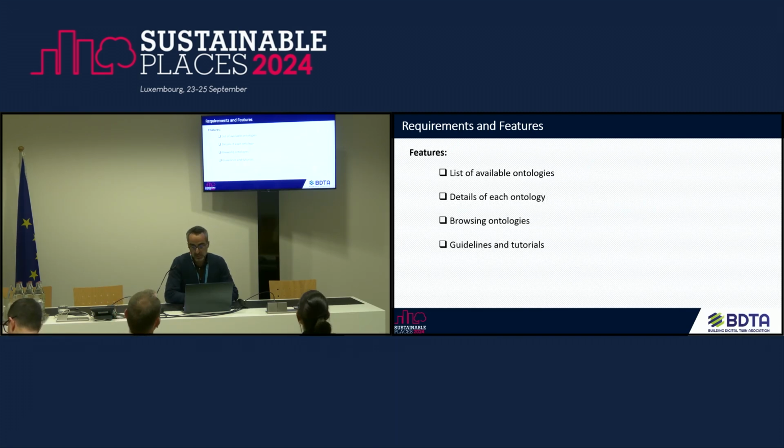And the features that we have considered, it seems to be a short list of features, but let's say these are the critical ones that we see needed for the first phase. First, we need to have a list of available ontologies in this domain. I'm going to discuss what are the criteria that we can consider, and also I'm going to put some discussion points that we can continue later on after this conference.